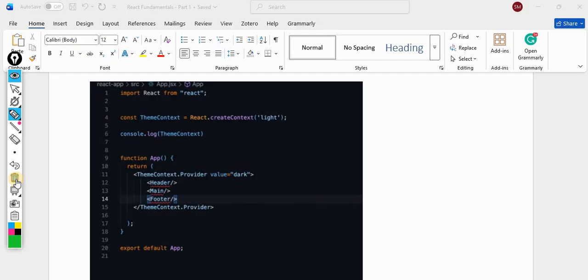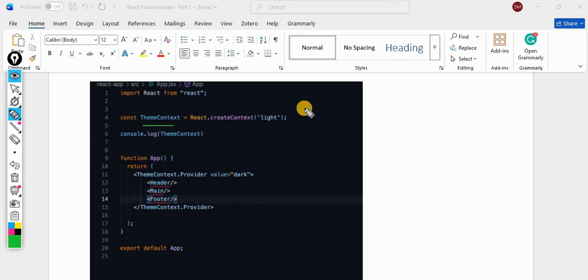So what will this producer do? It will supply the data. Here the context is a global variable.